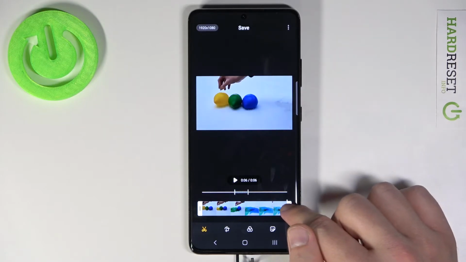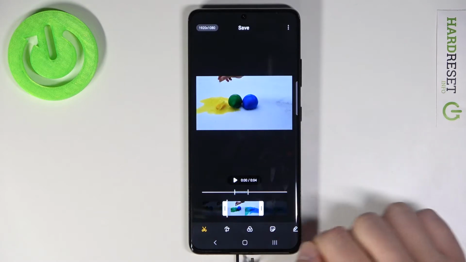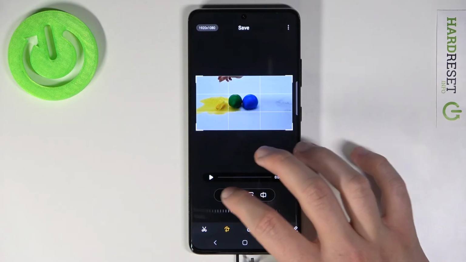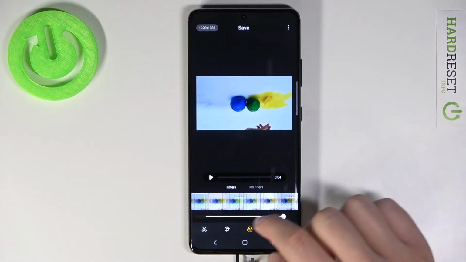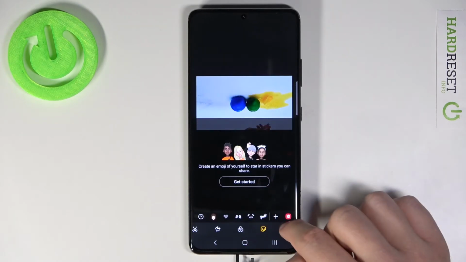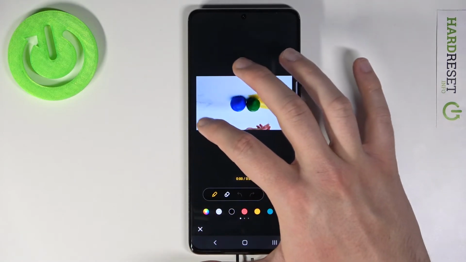And of course we can easily change the length of the video by moving these two switchers below. Of course, here we can find other things, like we can change the rotation of the screen, we can add some filters, right? We can add stickers, we can even write something, we can add the live,